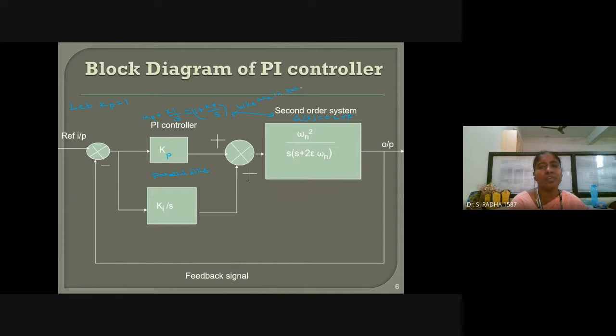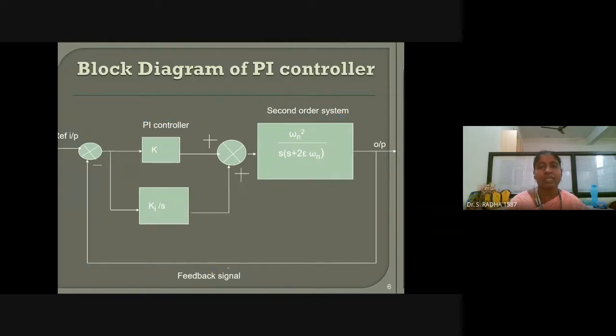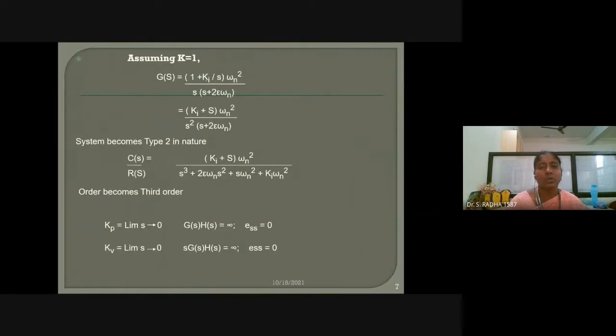Parallel blocks we have added; you can see both of them are forward direction arrows. So I have written on top of the PI controller the sum, with KP value assumed as 1. This is the overall block present, and it is in series with the next block, so those two will get multiplied. Then I have to apply the feedback signal H of S. You know how to calculate the closed loop transfer function. So 1 plus KI divided by S, then the blocks in series are multiplied.